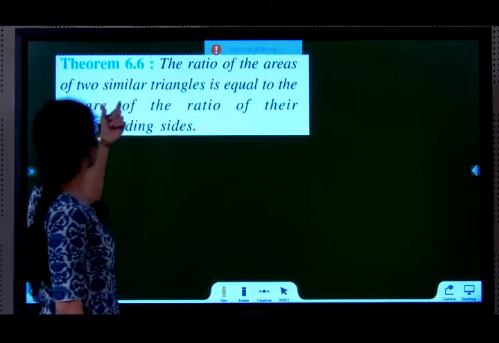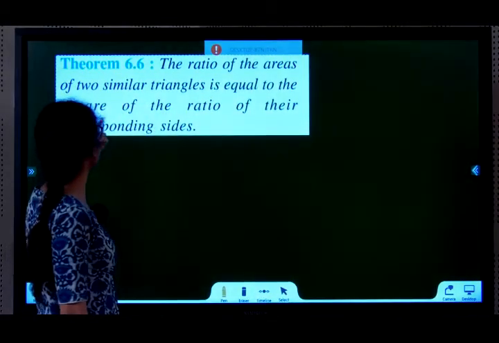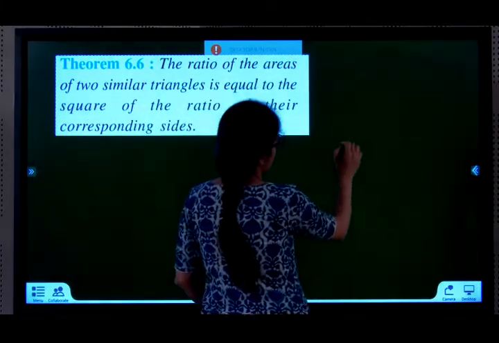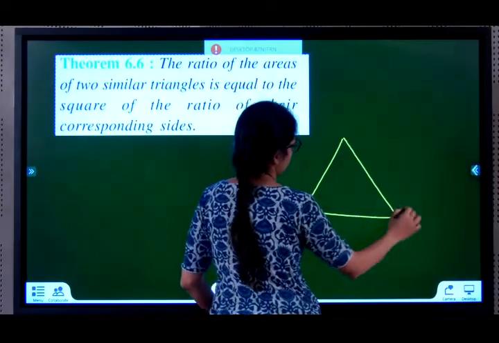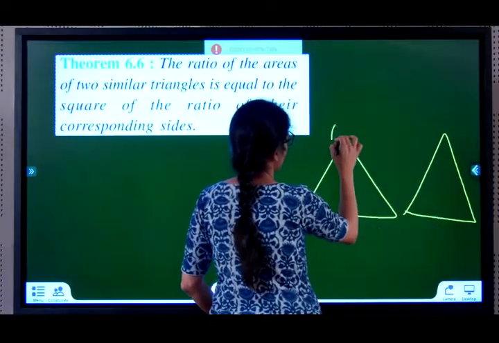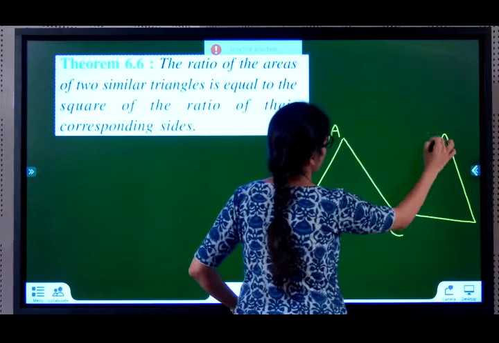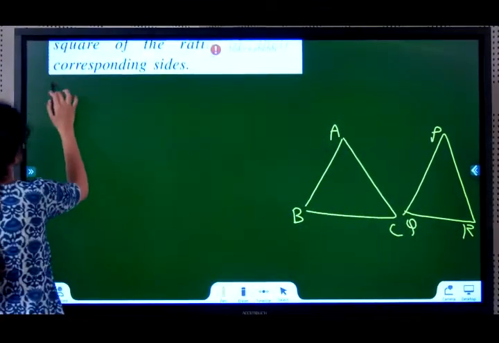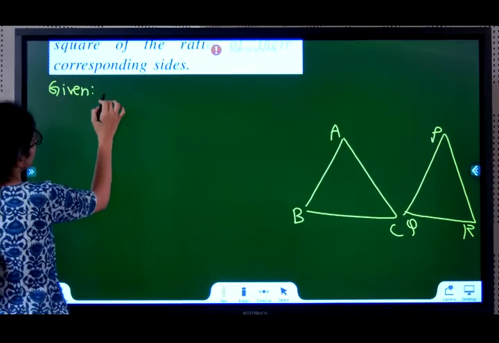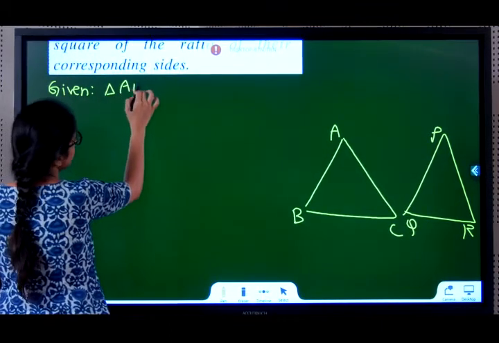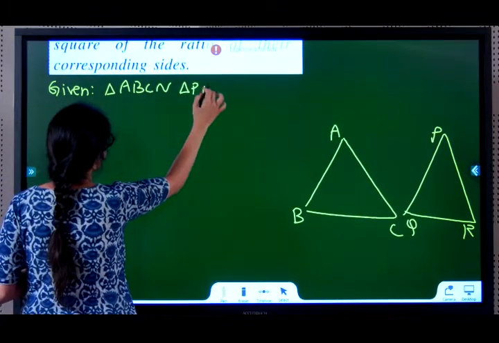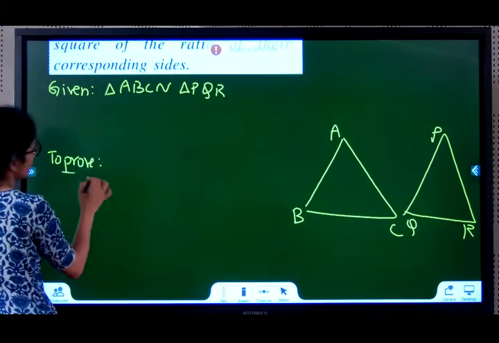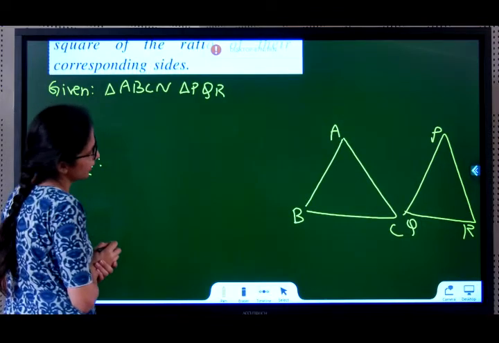Theorem 6.6: The ratio of the areas of two similar triangles is equal to the square of the ratio of their corresponding sides. Given: triangle ABC and triangle PQR. It is given that triangle ABC is similar to triangle PQR. You have to prove that